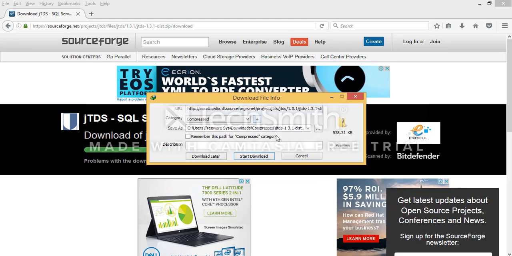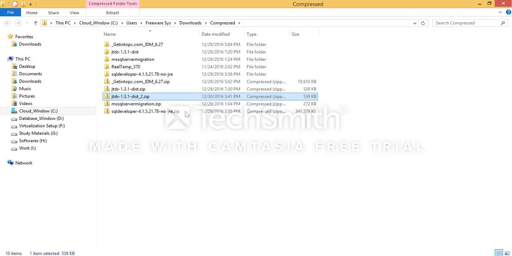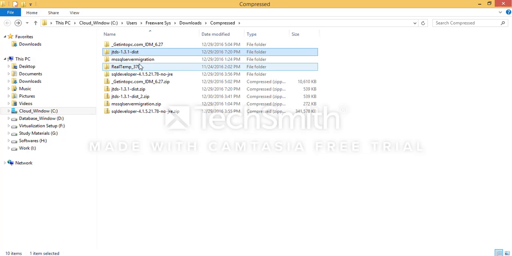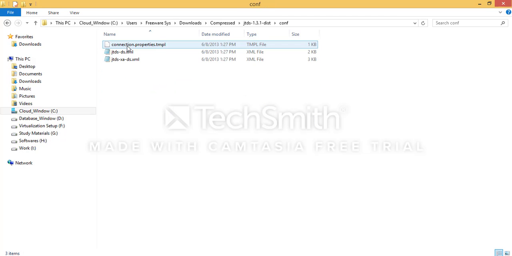Okay, let's say it's going to download. Open folder. As you open the folder, you can see this. I just extracted this. You can see here inside this everything is here.